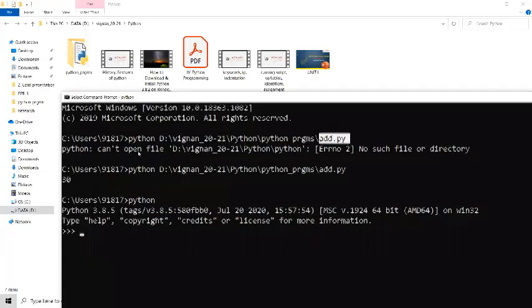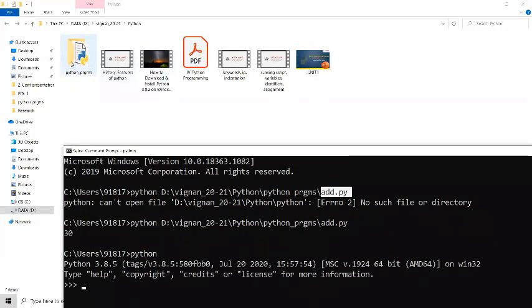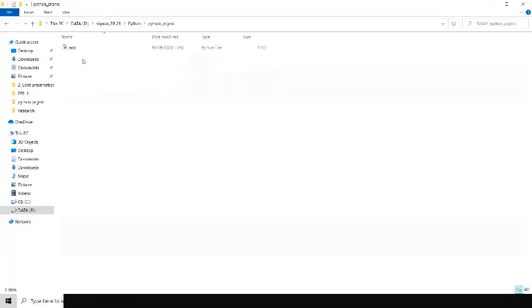Okay. For that purpose you have to create one folder, because all the files we are discussing in this course are created in this folder only. In that folder only you have to maintain all files.